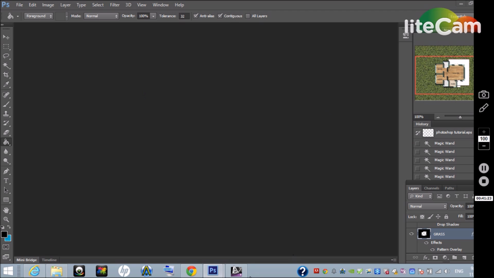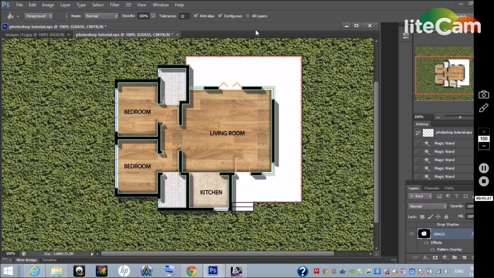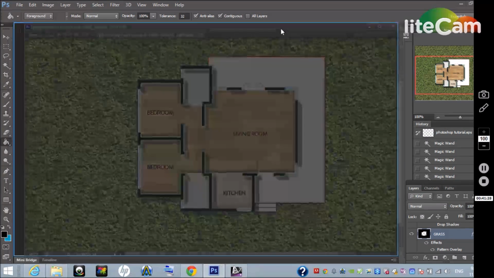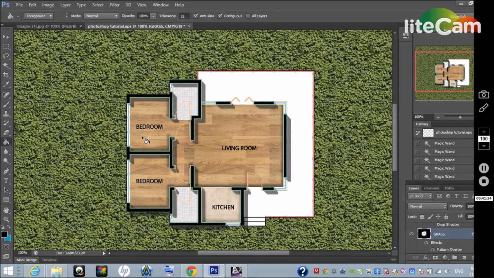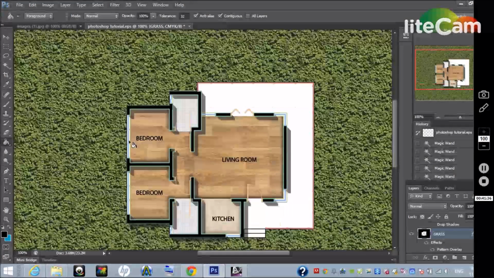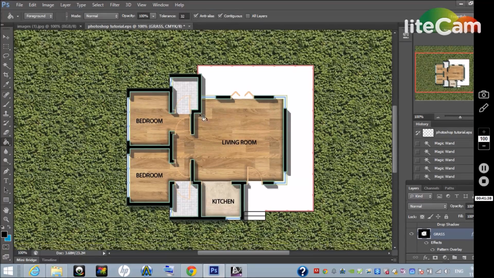By the way, I made a huge mistake by not saving this file. So make sure you always save this file. I'm not in a hurry or anything, so I'm not really interested in saving. Okay, so